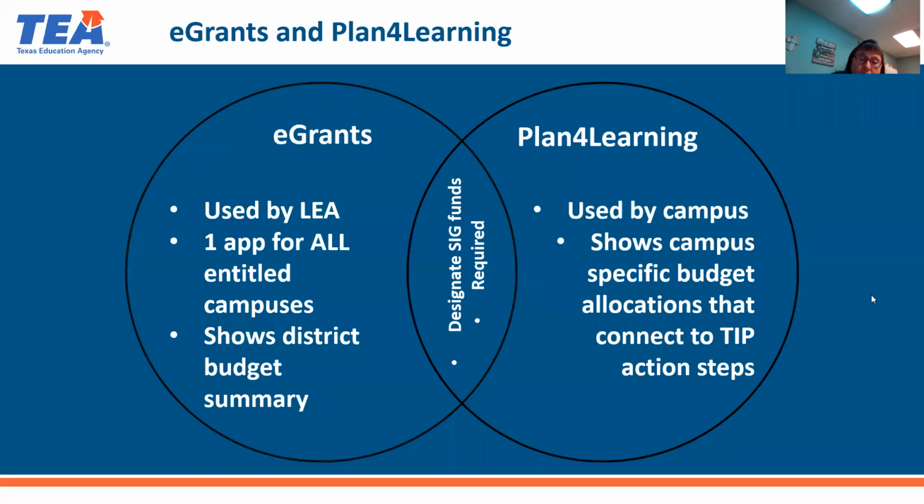As a reminder, when we're thinking about what's going on in eGrants and what's going on in Plan for Learning, both of these designate school improvement funds either to the district or to each individual campus, and both of them are required as part of the school improvement grant. When we're thinking about eGrants, this is used by the school district, one application for all of their campuses that are engaging in school improvement,